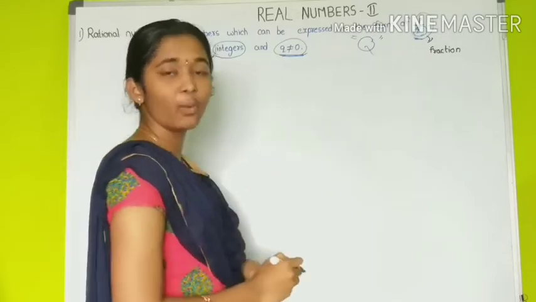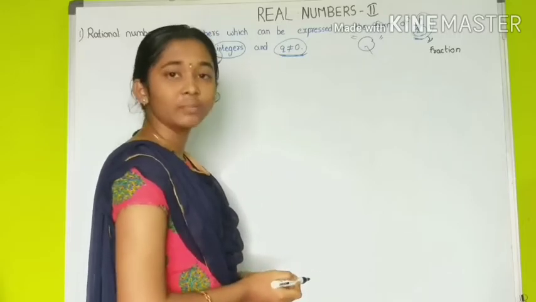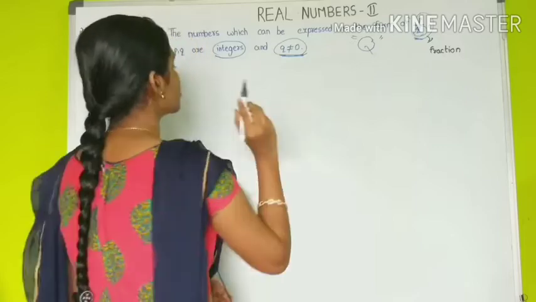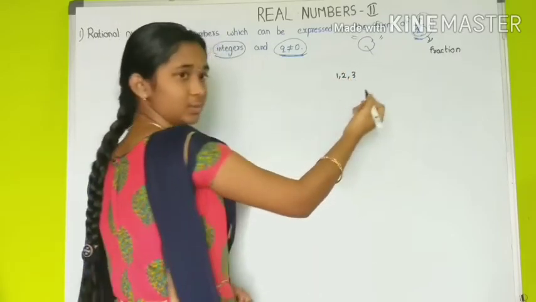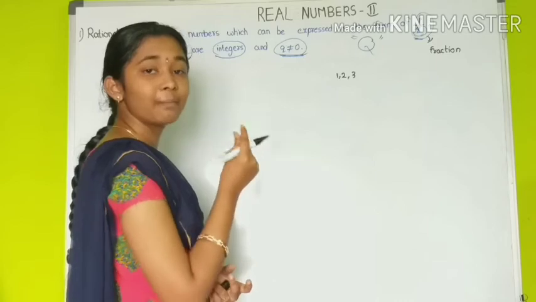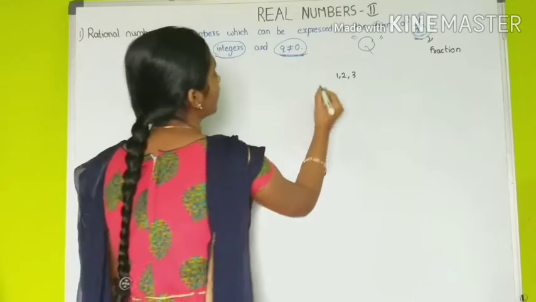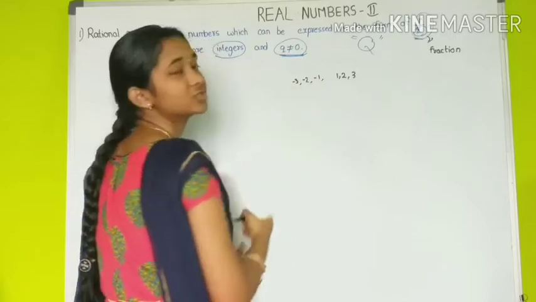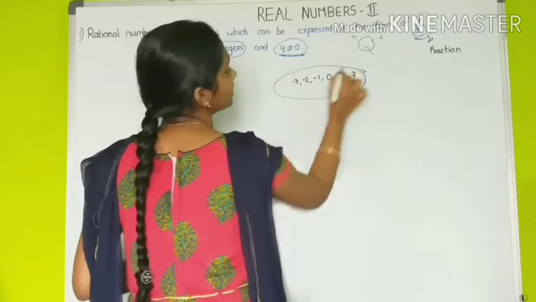What are integers? We have already learned in the previous video that the definition of integers is the combination of all positive numbers and negative numbers including 0. First take positive numbers 1, 2. Negative numbers means we assign the minus sign to these positive numbers. They become negative numbers. So we write minus 1, minus 2, and they also include 0. We write the 0 in the middle. So these are what we call integers.